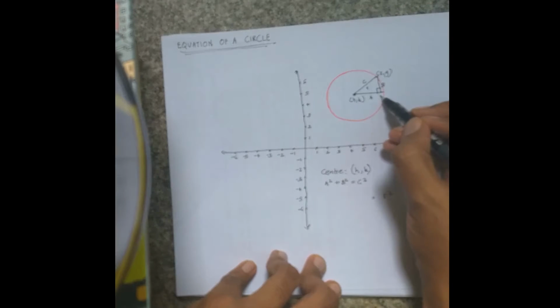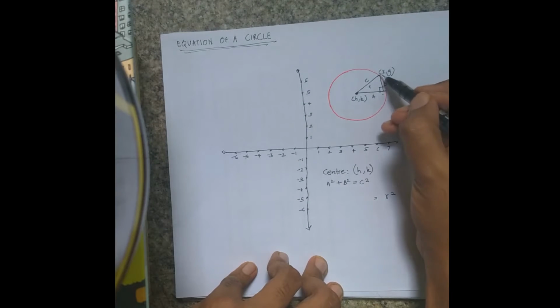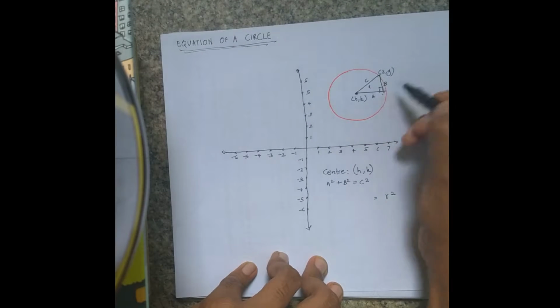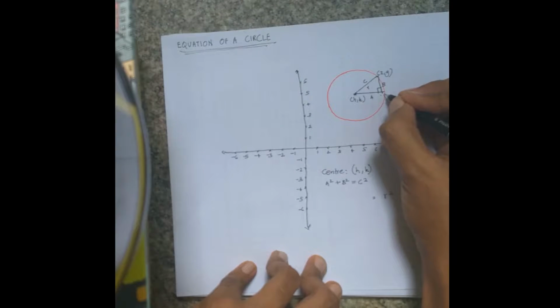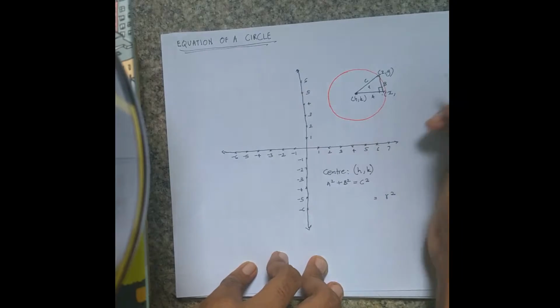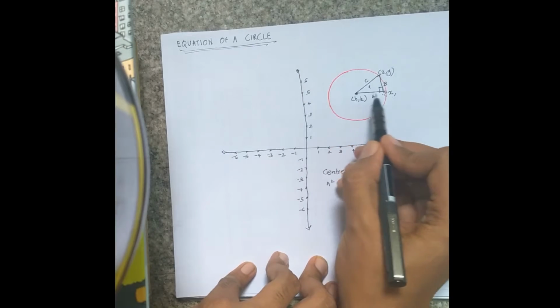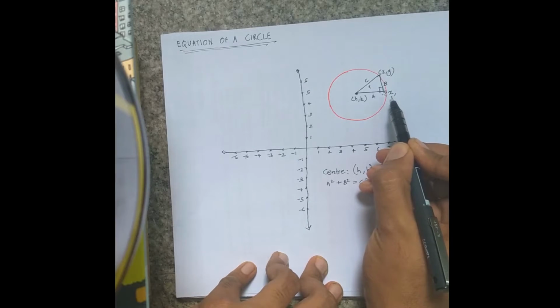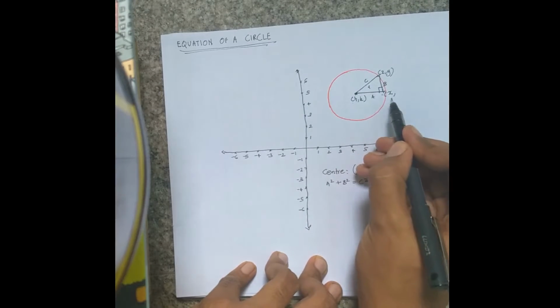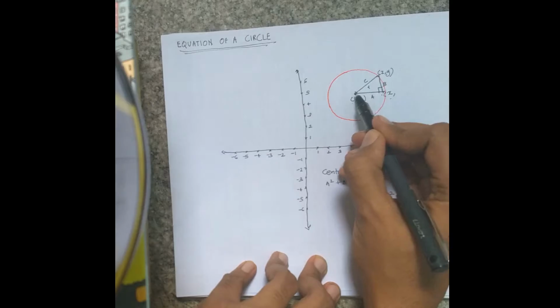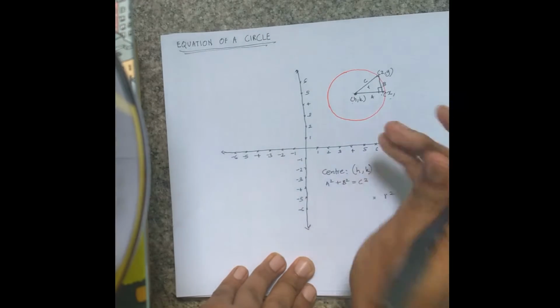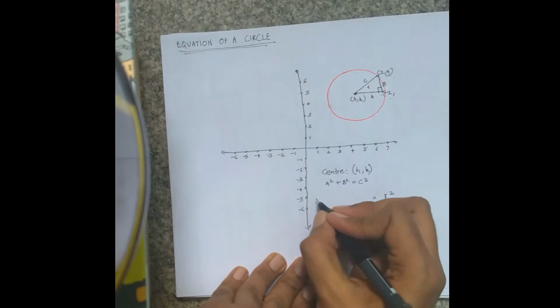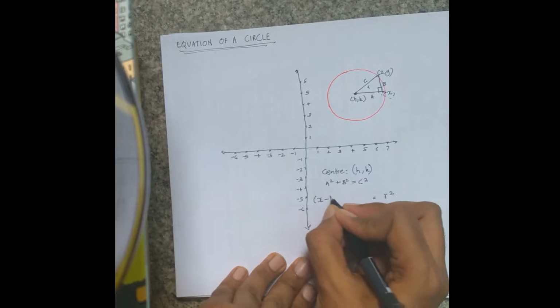And how do we get the length A? Remember, the x coordinate of this point is x as well, x and something. And in order to get the length of this line segment, what you simply have to do is subtract h from x, since this is parallel to the x-axis. So the length of this line segment A is x minus h,